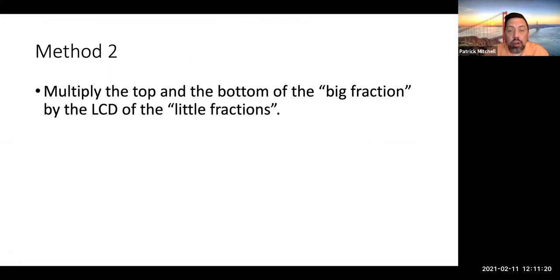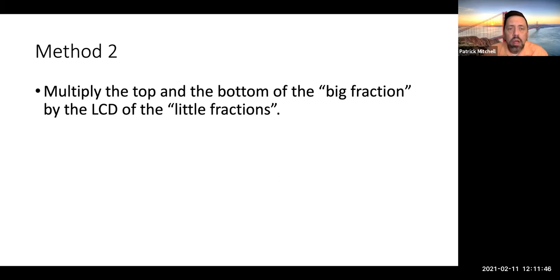All right, but first I want to show you method 2. So I personally like method 2 better. It feels like a little bit less work to me. So if I was stuck on a desert island and I could only bring method 1 or method 2, I would probably bring method 2. Conceptually, sometimes people find this one a little more difficult to understand, but do try because I really like this